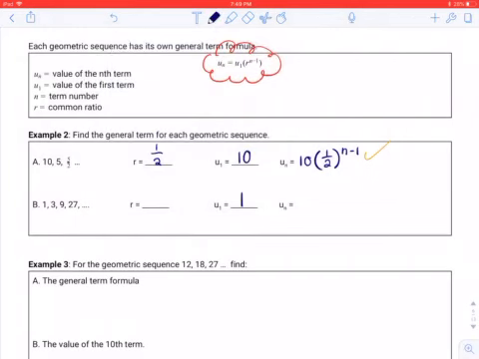For part B, my u_1 is 1, and my common ratio there, the number that I'm multiplying by each time to get the next term, is going to be 3. 1 times 3 is 3, 3 times 3 is 9, 9 times 3 is 27, and so on. So my general term formula is going to be 1 times 3 to the power of n minus 1, which would be more commonly written as 3 to the power